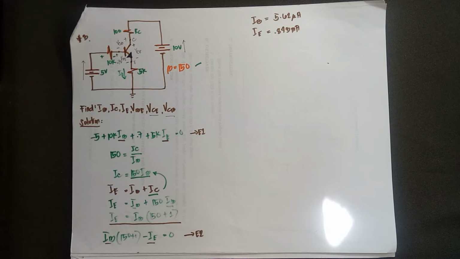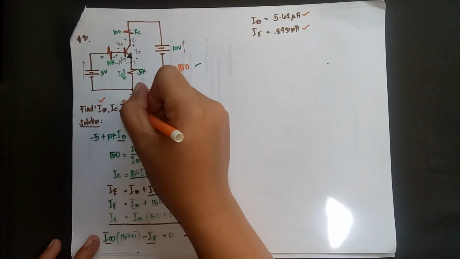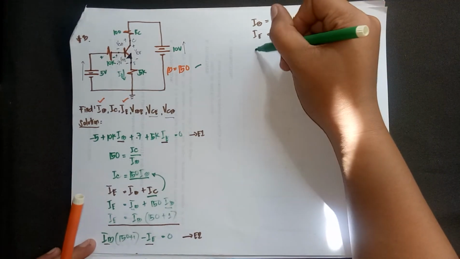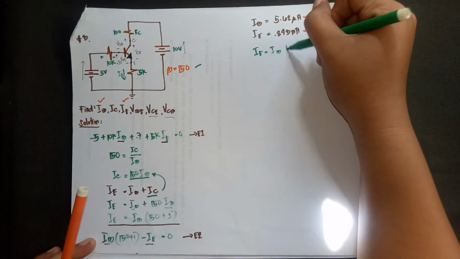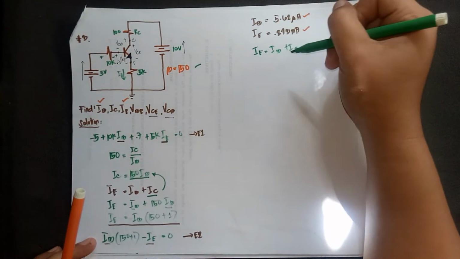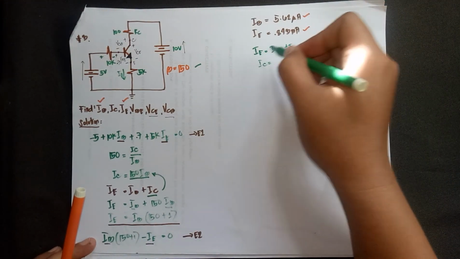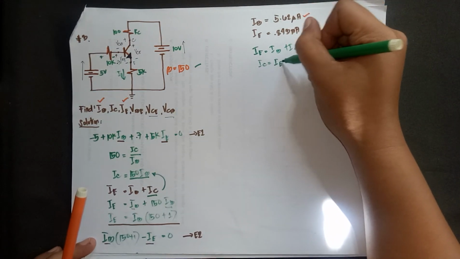Okay, using your calculator or mano-mano or whatever. Basta, meron na tayong nakuha na natin si IB and IE. So, check na tong IB and IE. Next is we'll solve for IC, which is meron naman silang obvious na relationship. Ano nga ulit yon? That our IE is equal to IB plus IC. So, therefore, IC is equal to, diretso na, we have IE minus IB, where IE is equal to, okay, IE